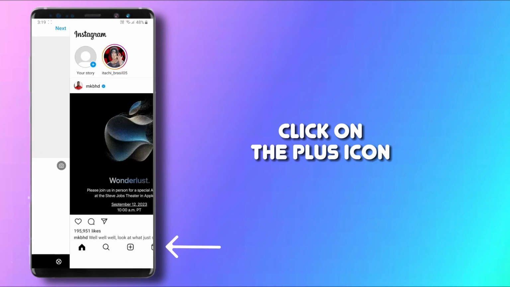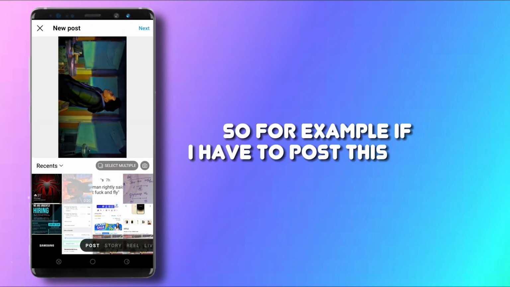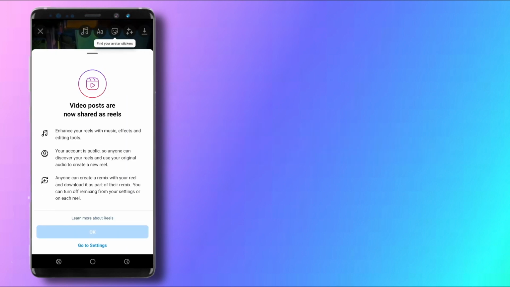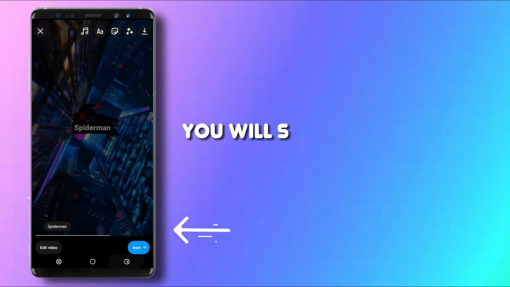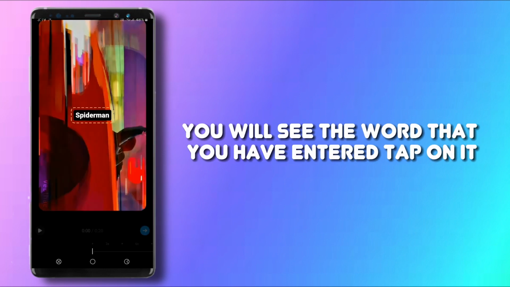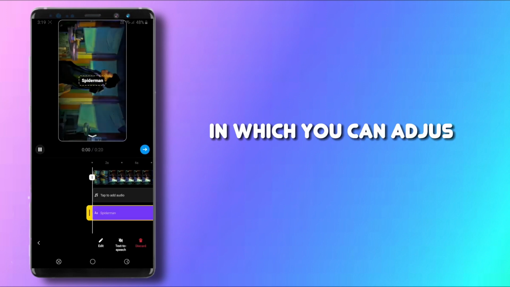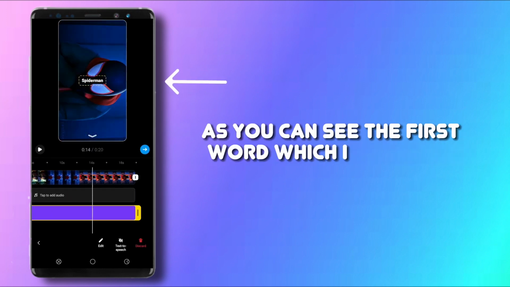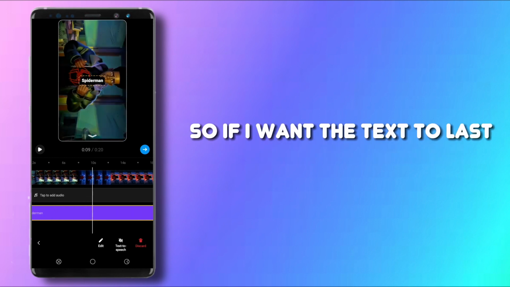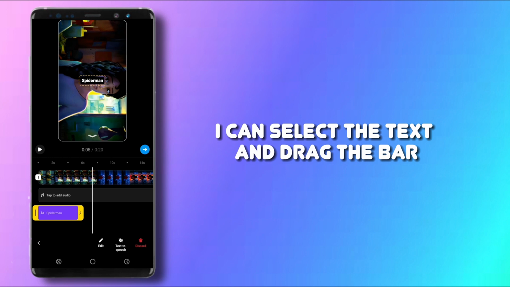Click on the plus icon to upload the videos or Reels. So for example, if I have to post this Reel, click on the font icon, and now in the bottom you will see the word that you have entered. Tap on it. This will open the editing page with the timeline in which you can adjust the duration of the text. So for example, as you can see, the first word which I have typed, if I want the text to last until 3 seconds only, I can select the text and drag the yellow bar,